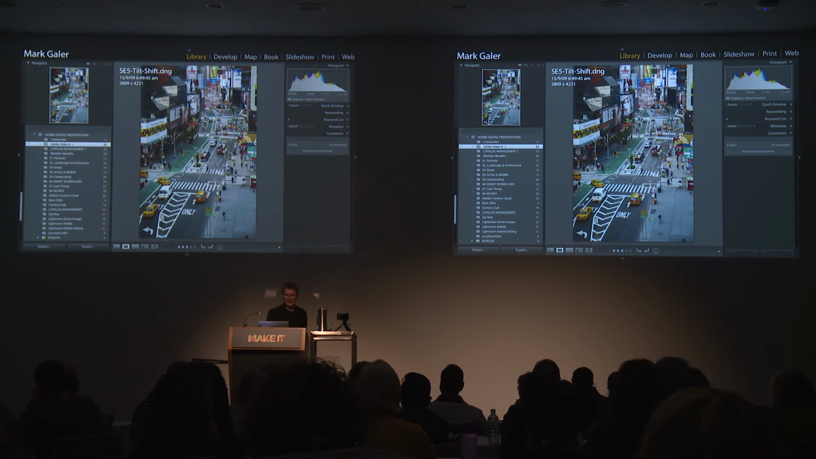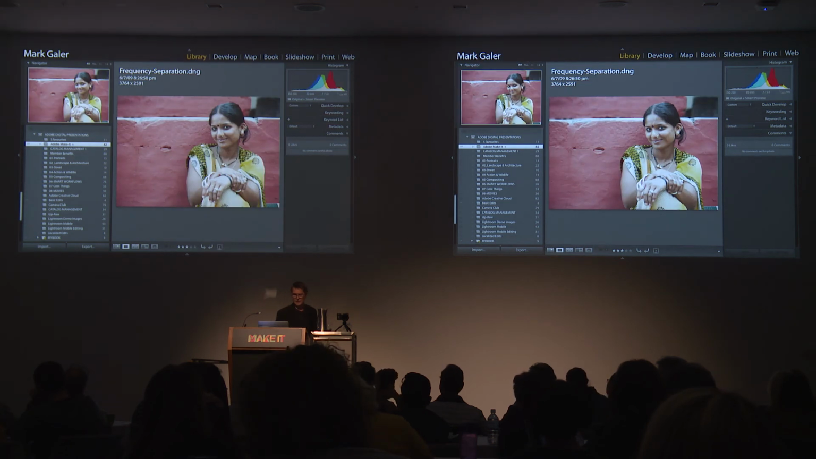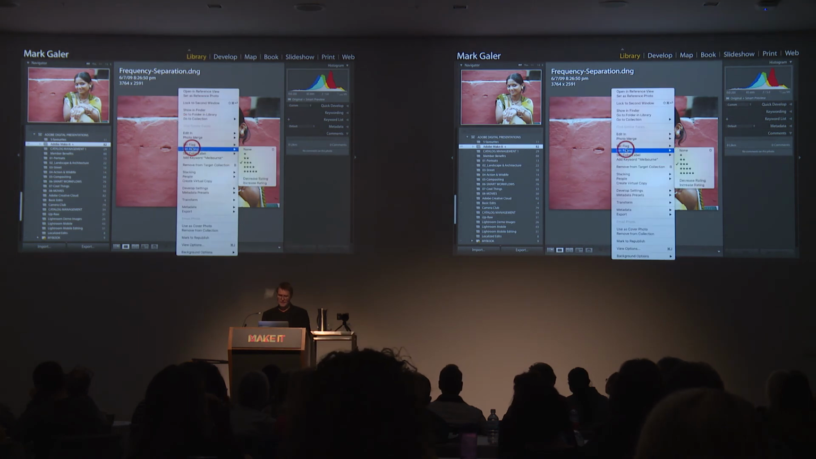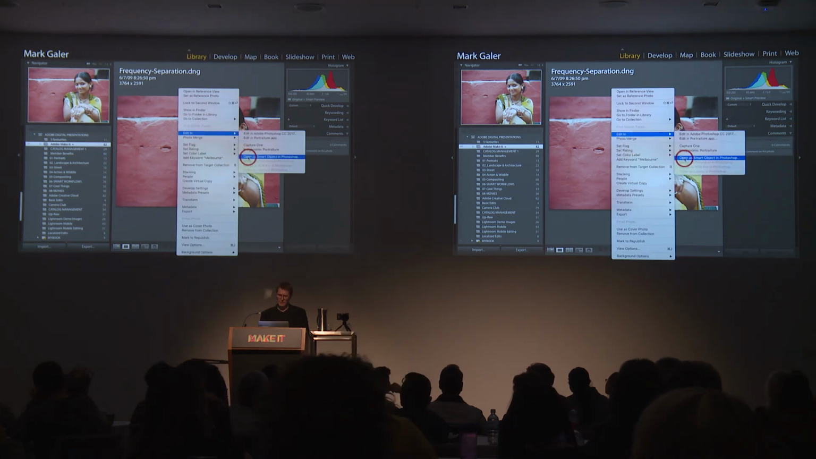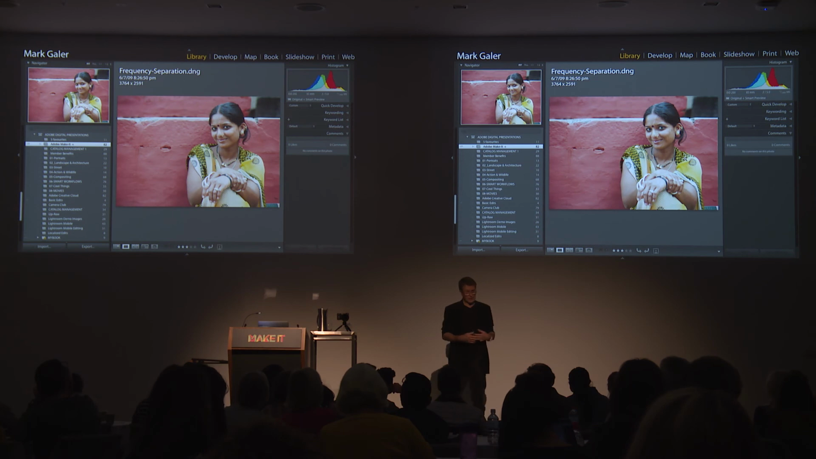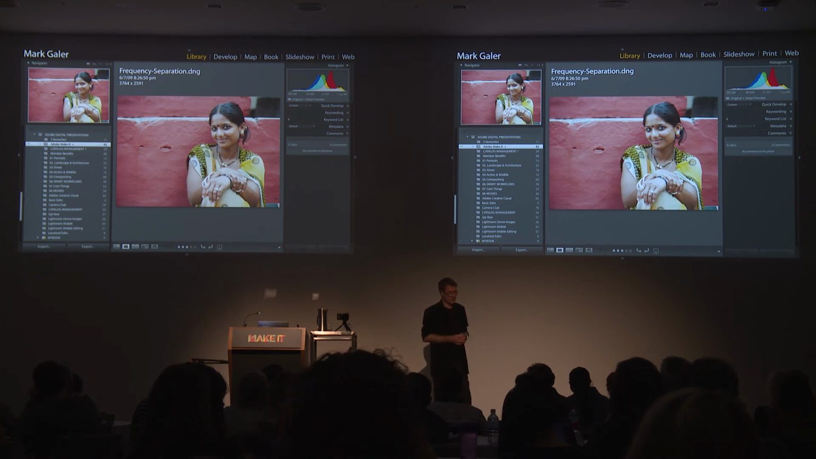Another example: there's the original raw file. Here's another image. I will also open this as a smart object, so Edit In, Open as Smart Object. One of the high-end retouching techniques that a lot of clients don't want to pay for because it's quite time consuming is a technique called